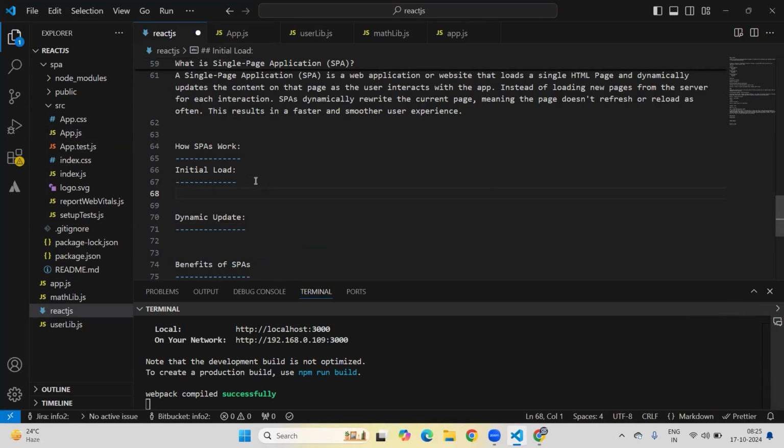Initial load means when the user first visits a single page application, the browser loads basic HTML, CSS, as well as JavaScript files. So these files